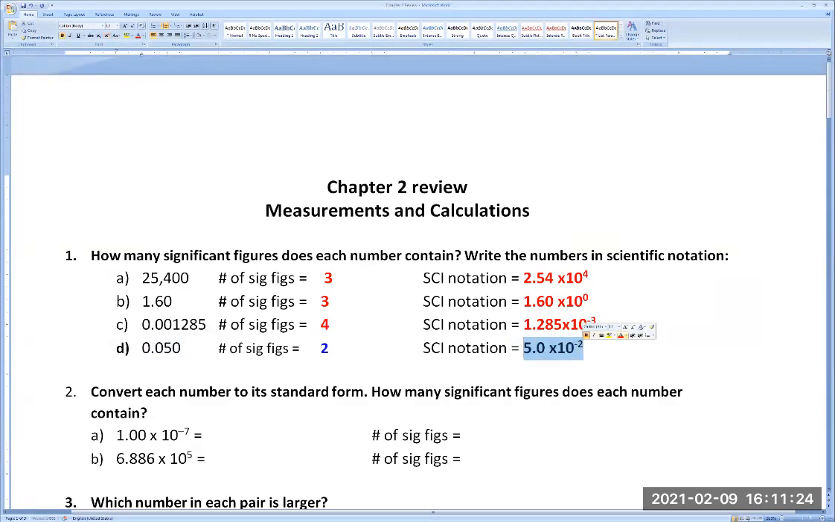So you see how, in scientific notation, all the digits reported in the decimal part of the scientific notation are always the significant numbers. So